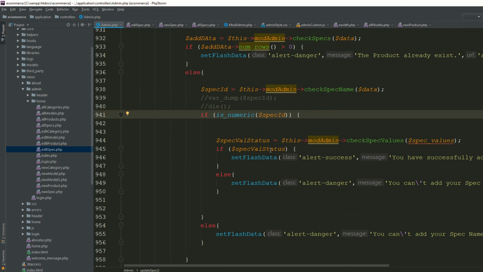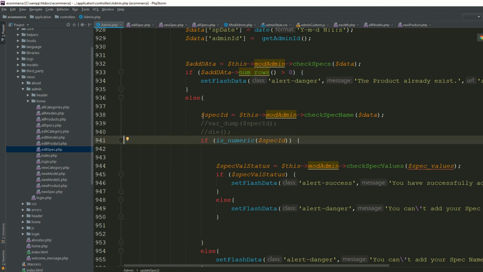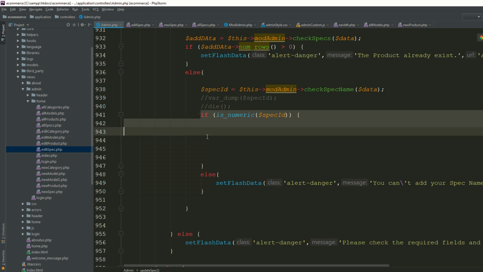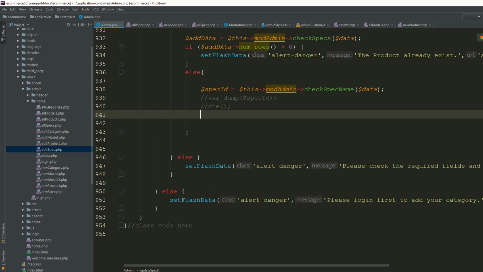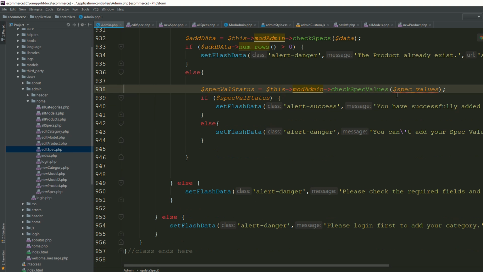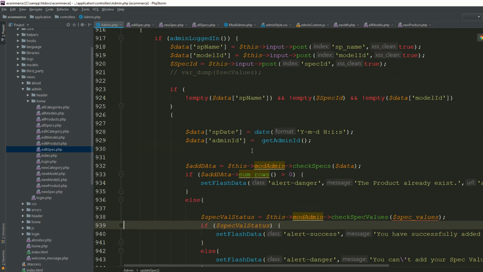Okay, now you have to check the spec, and now you can copy these fields, cancel here, and update section is here. Now we are saying